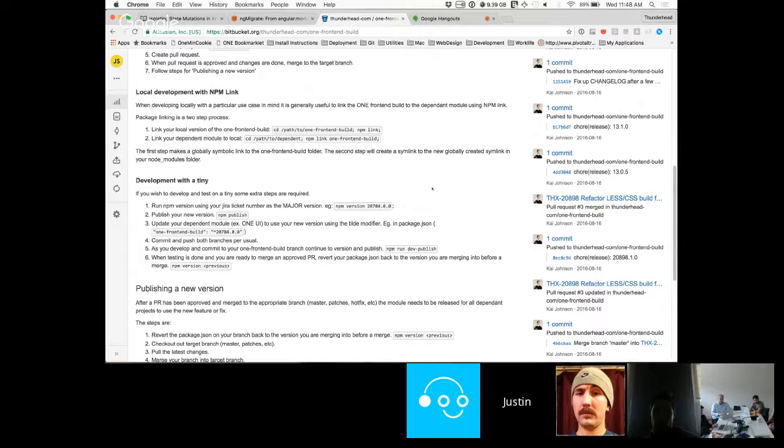You then want to test it on the tiny. We made this command, npm run dev publish. What that will do is look at your commit history and say, oh okay, he made a bug fix, so it'll bump it from 20784.0.0 to 20784.0.1 and publish that for you, so you don't have to go through those steps manually. The major thing though is before you go to merge it back into master, you just revert your npm version, because we don't want to all of a sudden bump our npm version on master. That part definitely could use some work, so if anybody has ideas around it, please feel free to come up with something.